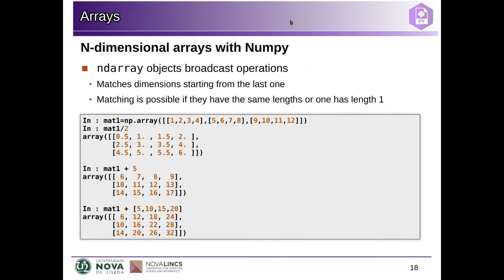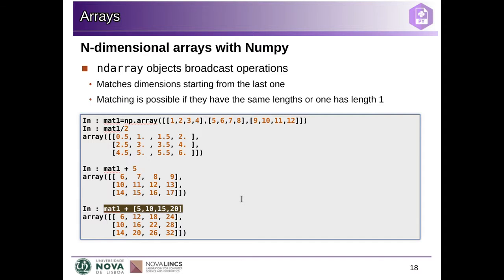And I can use these objects, the array objects from NumPy, to broadcast operations. For example, suppose that I have this array here. This is a matrix with 3 rows, which has 1, 2, 3, 4, 5, 6, 7, 8, 9, 10, 11, 12. And if I divide by 2, then NumPy will divide each element by 2. So I can apply this operation to all the elements in the array. I can even add